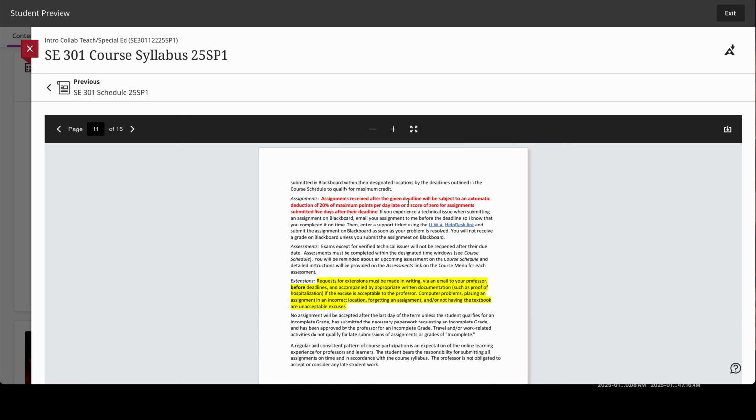Assignments received after the given deadline, which is Monday at midnight, will be subject to an automatic deduction of 20% of the maximum points per day or a score of 0 after 5 days. This is very important. You don't have to let me know ahead of time that you're going to be a day late, or ask please give me one extra day. This is what's going to happen. You're going to get a 20% deduction unless you have a valid medical excuse and you let me know ahead